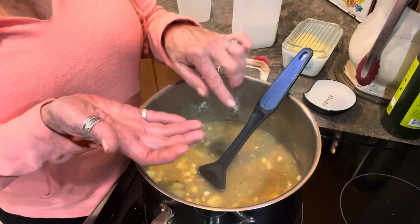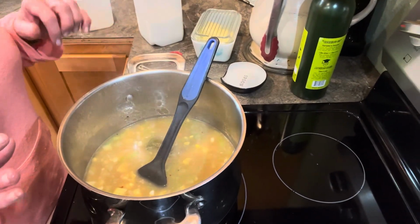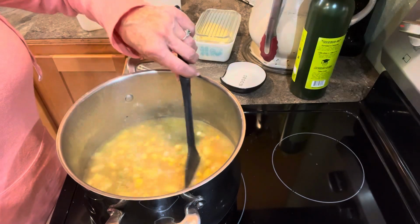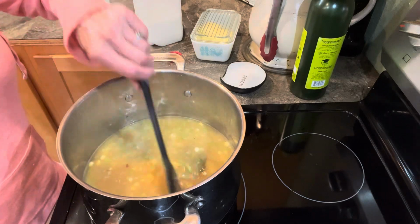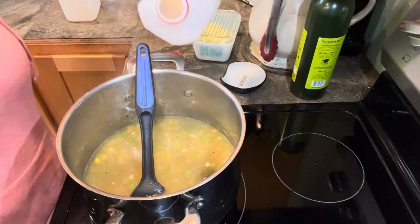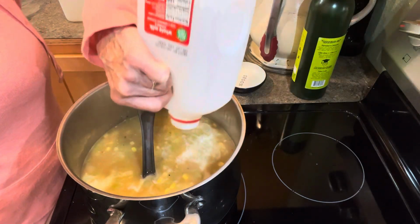Now you could, like I said, simmer it with the cobs in there. That would be wonderful. But we're going to simmer it just like this until the potatoes are tender. And I don't think they're there yet. Oh, they're close. Add in your whole milk so it's creamy